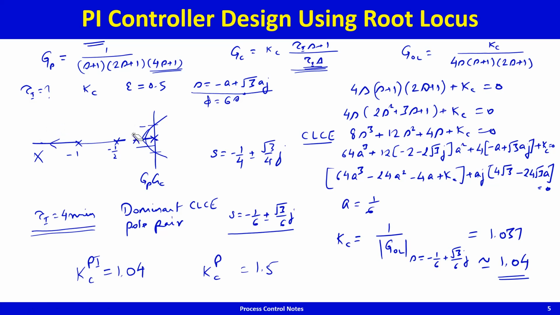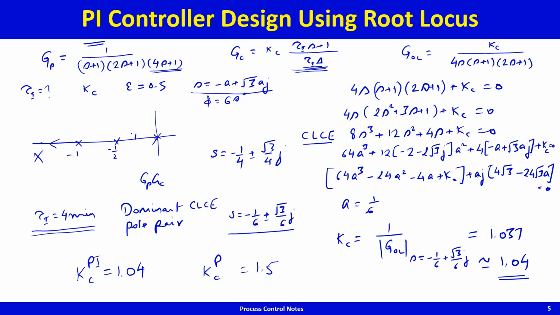that I place my pole, my 0, because of tau I on this guy, and because then this cancellation occurs, because then the cancellation has occurred, now my breakpoint will be somewhere over here, certainly more than 0.25 in terms of magnitude. So my root locus would be as left as possible,